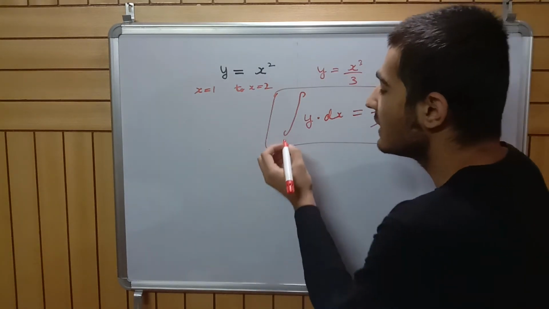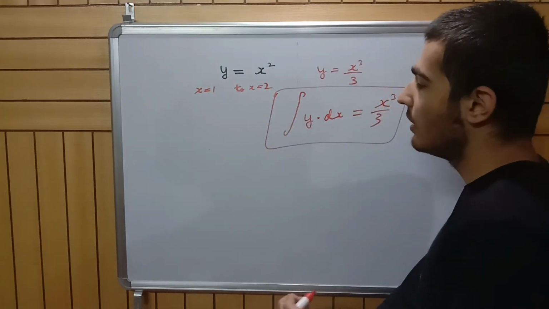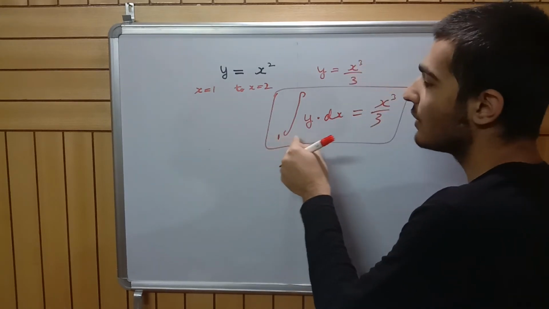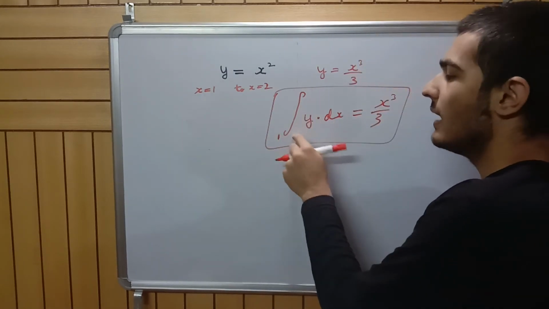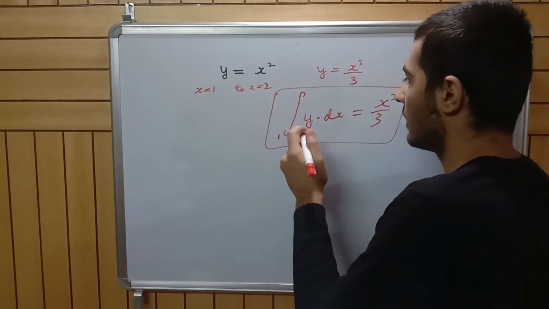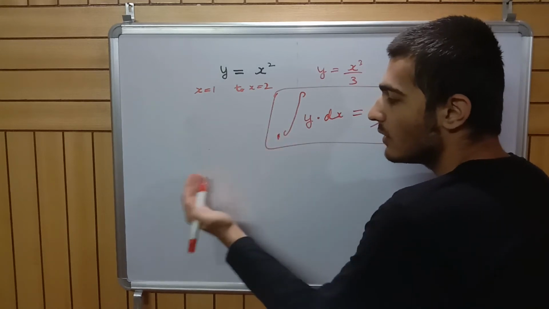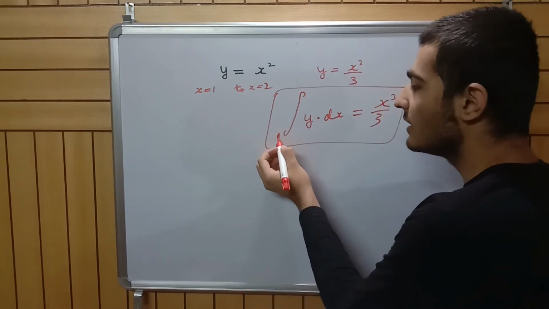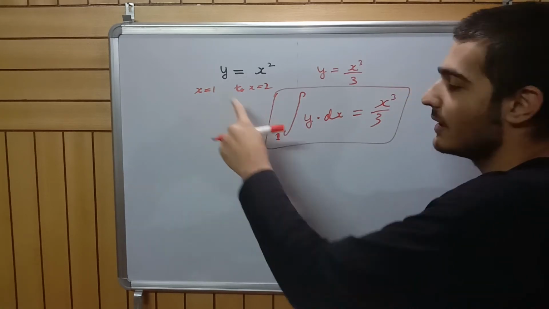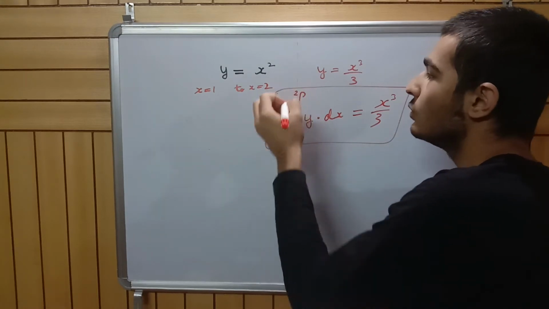We actually need to put in the limits, so we have to write from where to where we are finding the area. So how do we write the limits? We write the first limit here. Some people tend to write them inside the integral sign. I write it outside. It's your choice. We write the lower limit, the limit towards the origin, here. So the lower limit is 1, x equals 1, so we write a 1 there, and the upper limit is 2, so we write a 2 there.